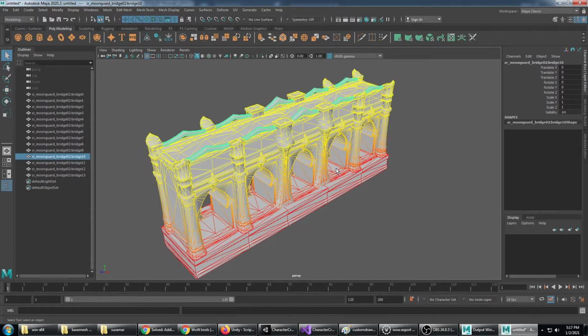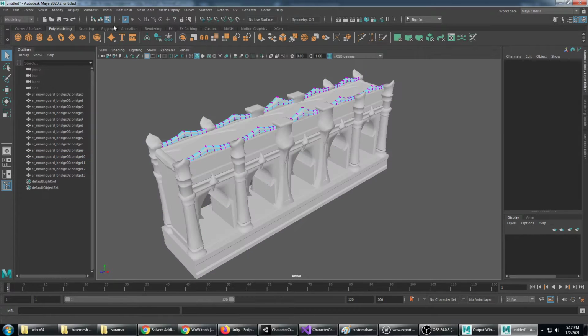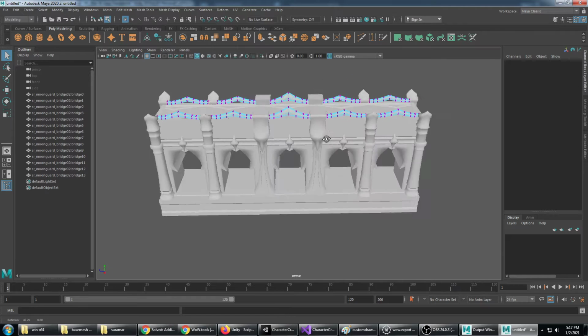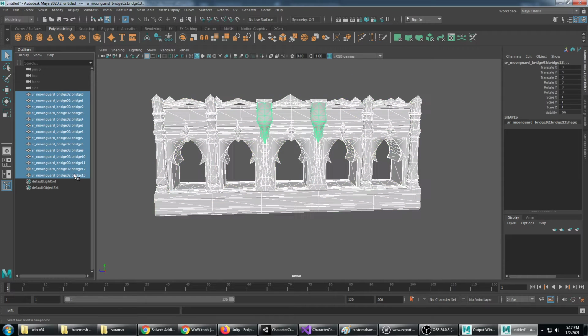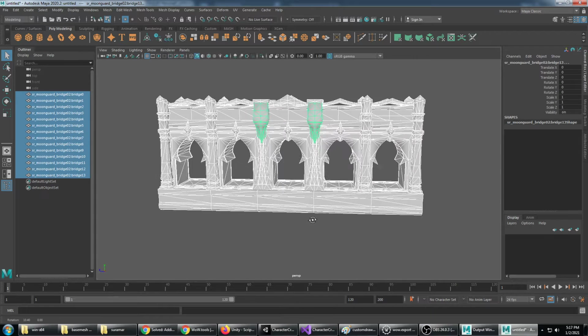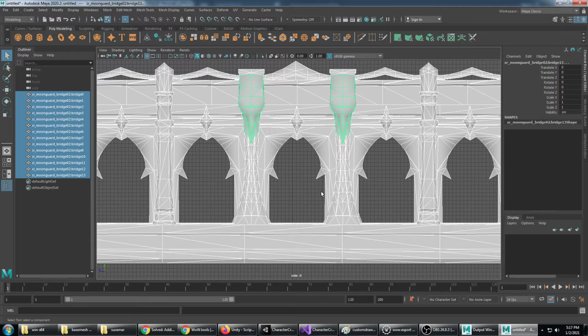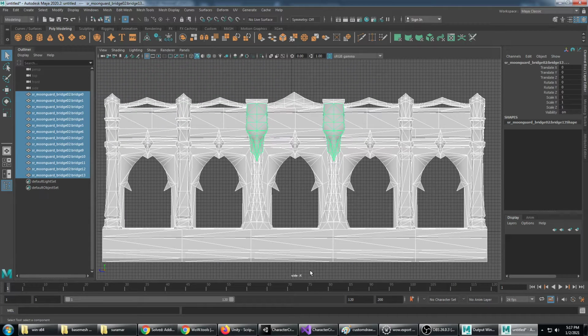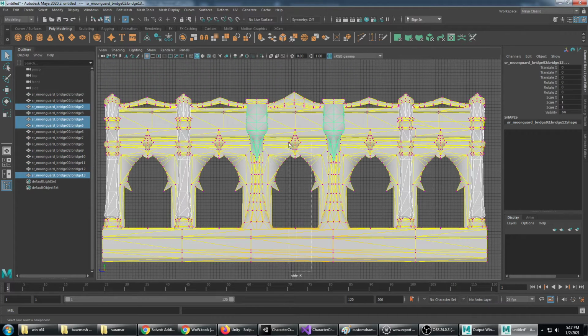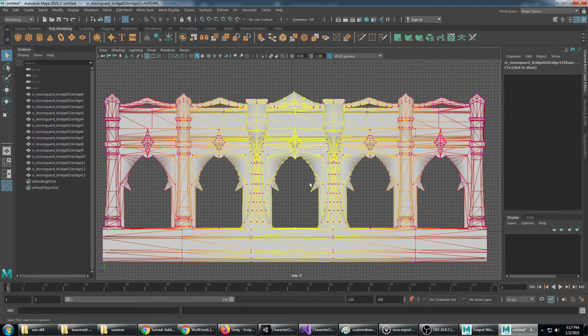I'm going to go ahead and select... I'll go into vertex component selection mode. Go into vertices selection. And I'm going to select everything and go straight to the front view so I can see what's going on. Select the vertices right in the middle, and I'm going to make sure that I double